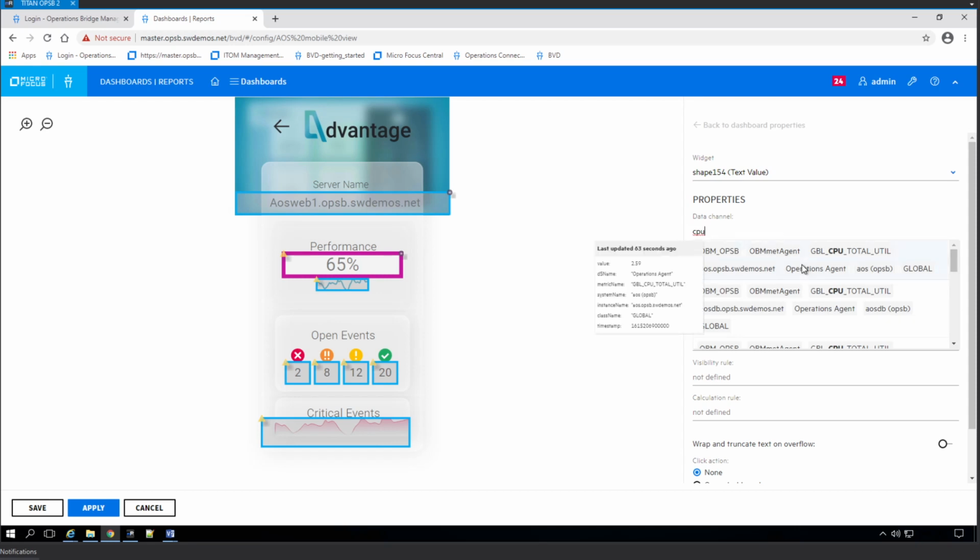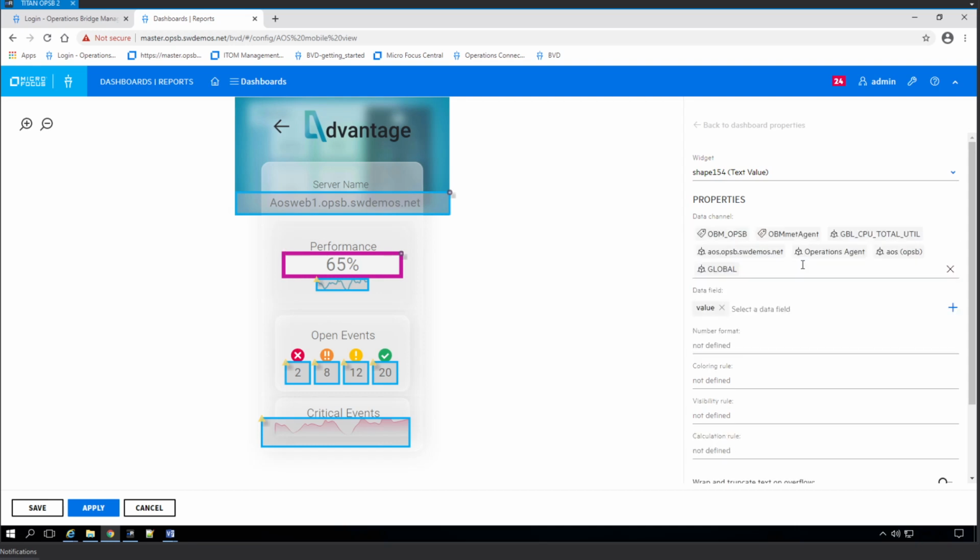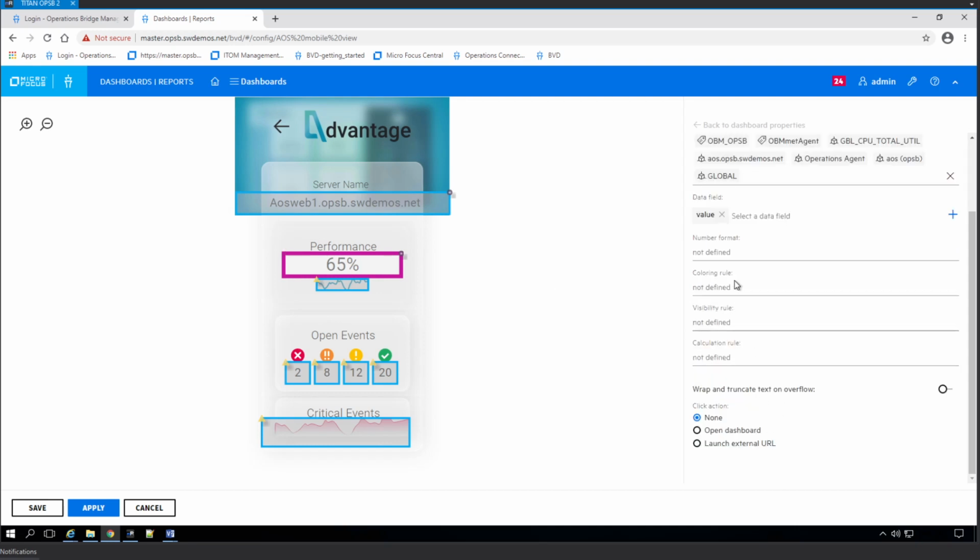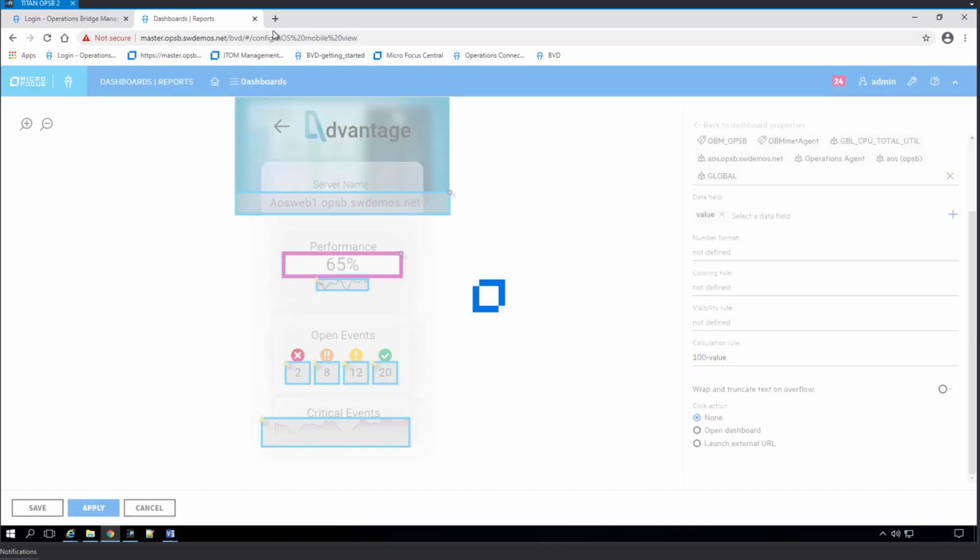I'm going to design it a little bit later, but for now, I'm just doing this demo. And it actually has a value, and I'm going to say that the calculation rule would be 100 minus value, something like that. And probably that's going to be it. So I'm going to apply,